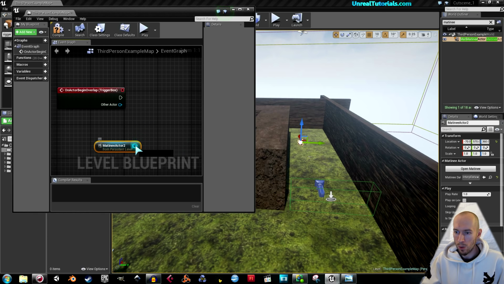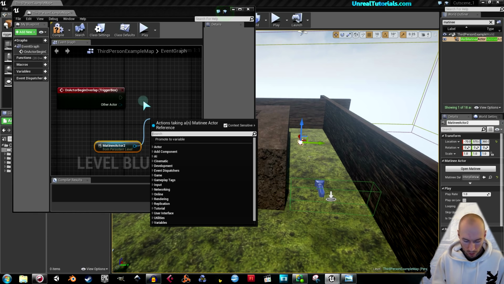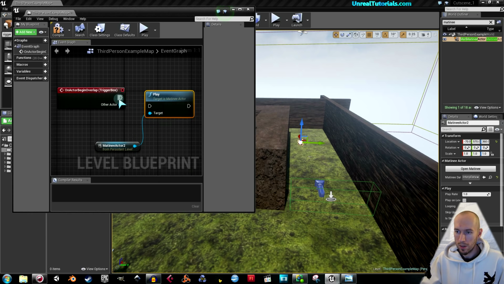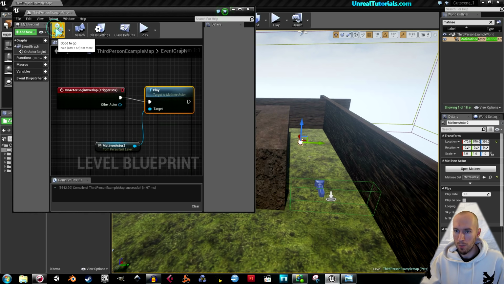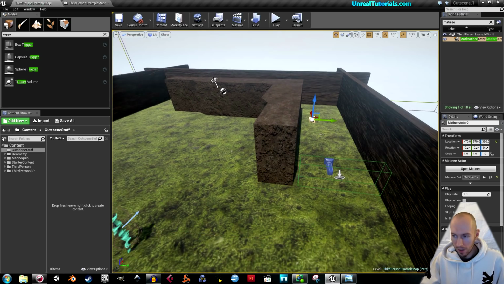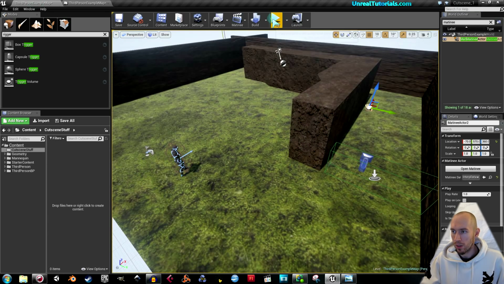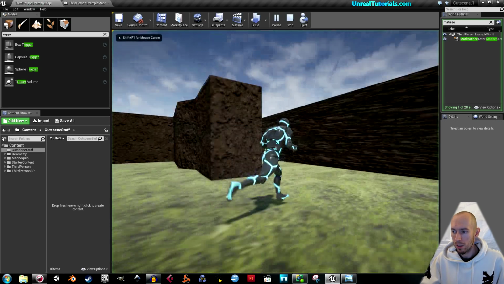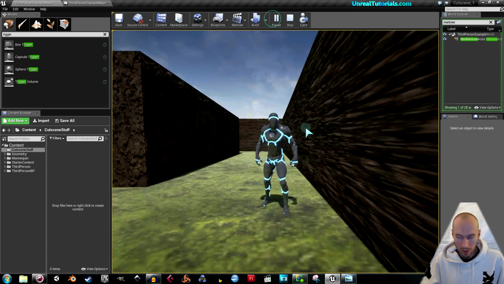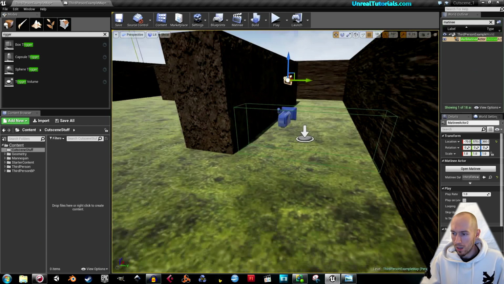Now drag a node out from the actor and search for play, enter, and connect the trigger box to that and compile. Now, nothing will happen if we touch it now because, well, it will play, but we can't see anything. So what we need to do is